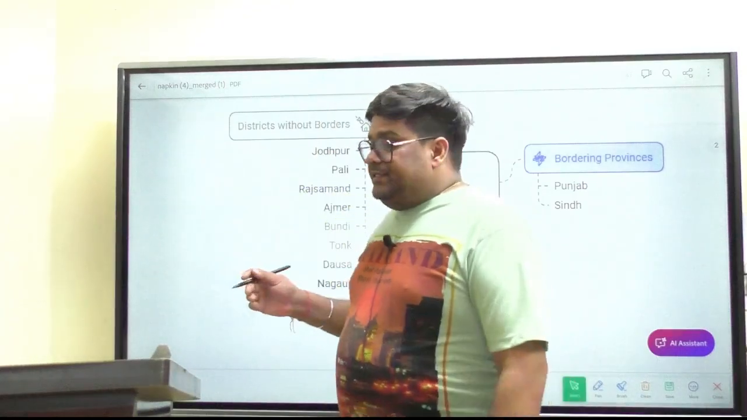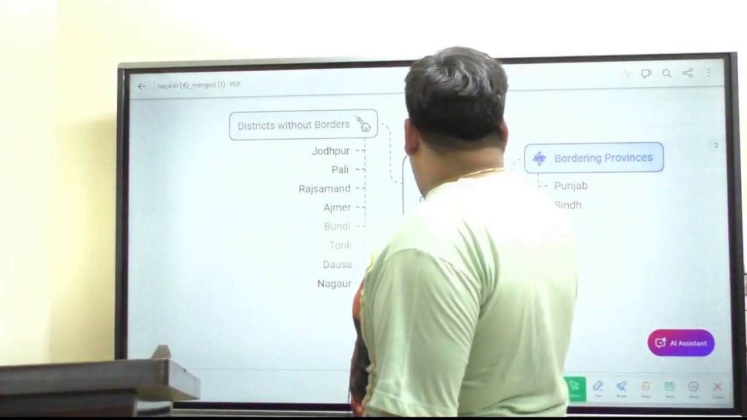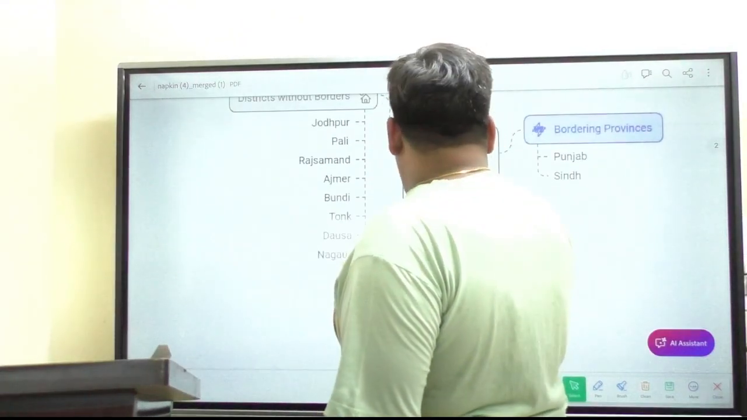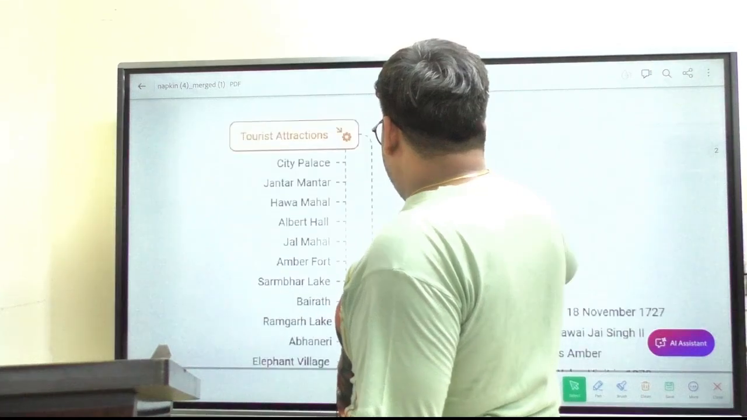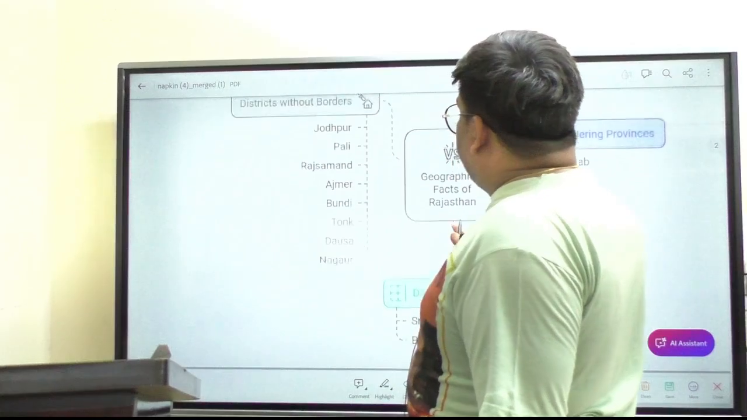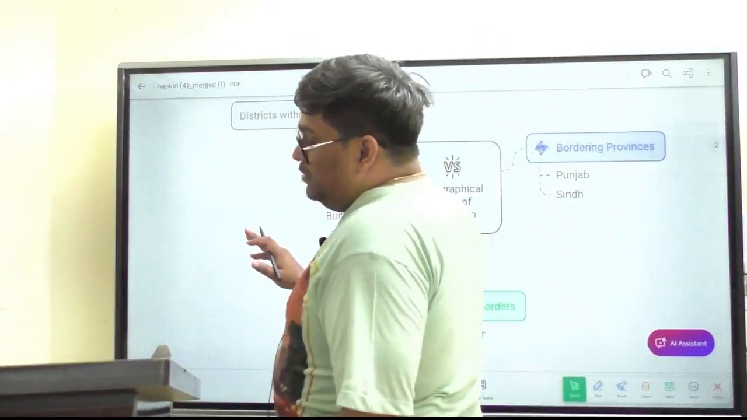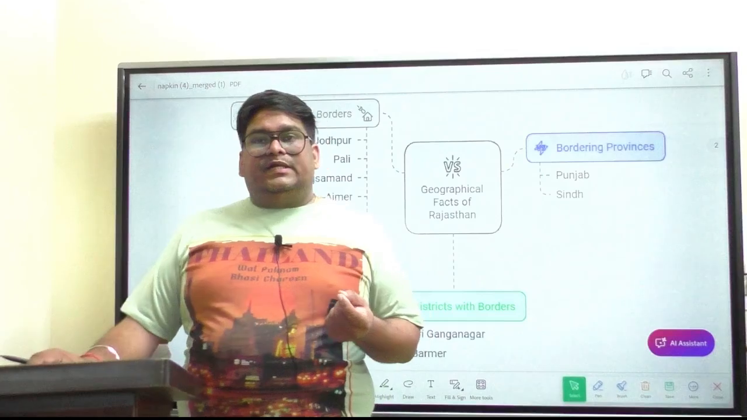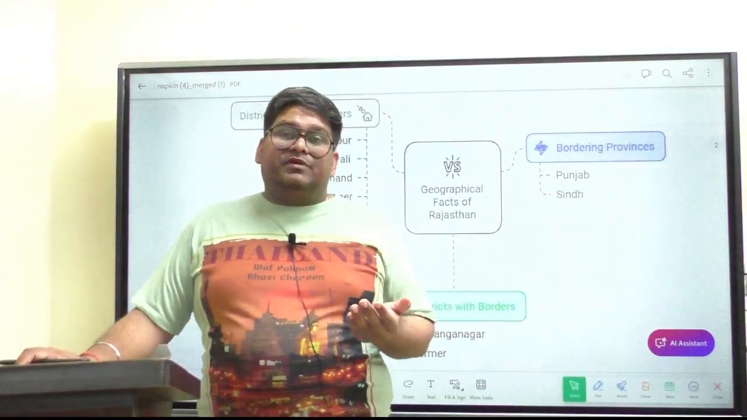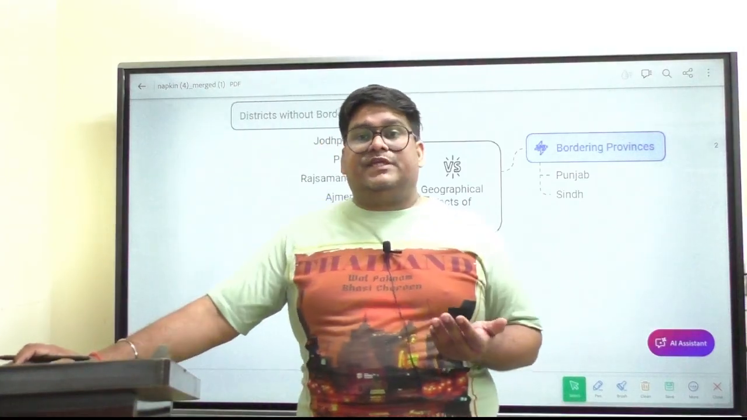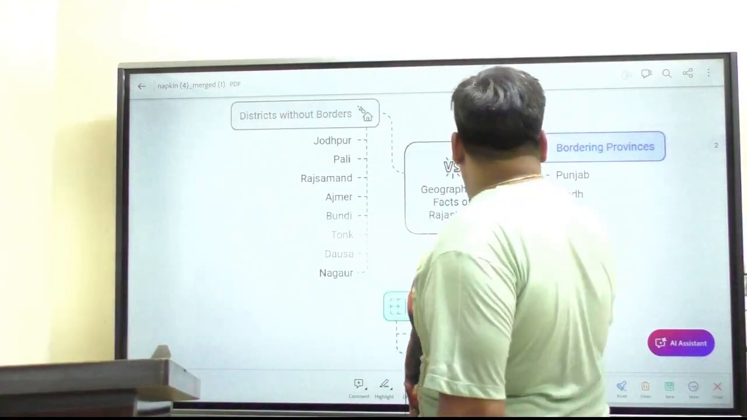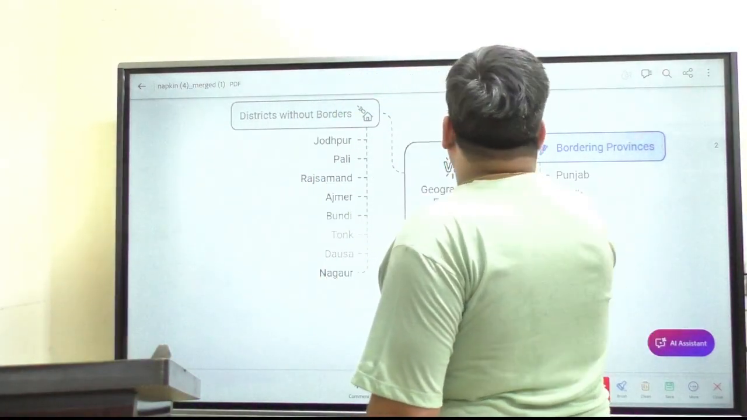Now, let me give you a brief description also. Some of the states which touch the neighboring districts of Rajasthan. For example, when I talk about Madhya Pradesh,